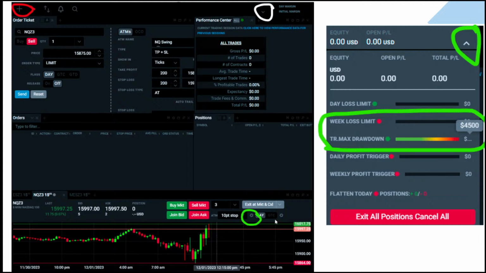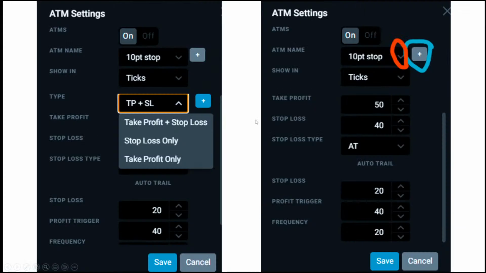Talking about the next thing, big thing here. So this is all these little gear wrenches here. They all do different things. If you click on these gear wrenches, you can change the way things look. Like this one right here, you can change the order. You can change what's in there. Same thing here. You can change all that stuff. So if you click this gear right here, it'll open up these menus.